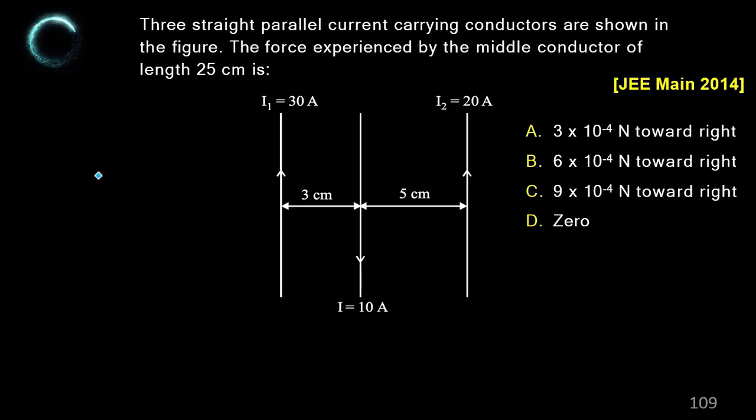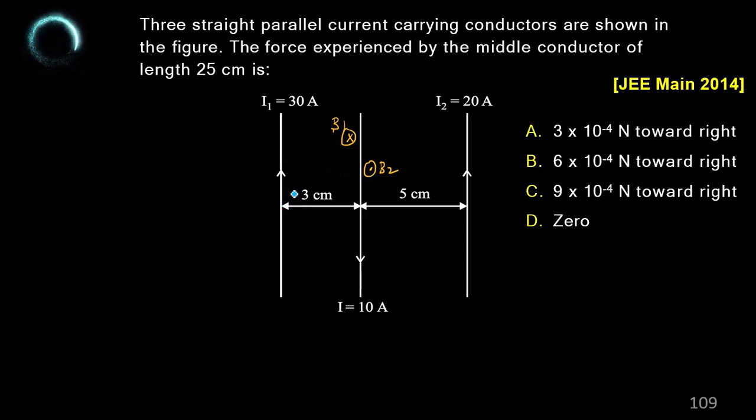3 straight parallel current carrying wires are shown in the figure. The force experienced by the metal conductor of length 20 cm. হ্যাঁ, সেরকম ধরতে হবে, কারণ ইনফিনাইট ওয়্যার ছাড়া করতে পারবো না। ফোর্স এক্সপেরিয়েন্স দ্য মিডল কন্ডাক্টর অফ লেন্থ 20 cm, মাঝখানেরটার উপরে ফোর্স জিজ্ঞেস করেছে। তো I1 এর জন্য মাঝখানে ম্যাগনেটিক ফিল্ড কোন দিকে? এইদিকে B1 একটা আসবে। For I2 ম্যাগনেটিক ফিল্ড B2 উইল বি দেয়ার, একটা ডট হবে।